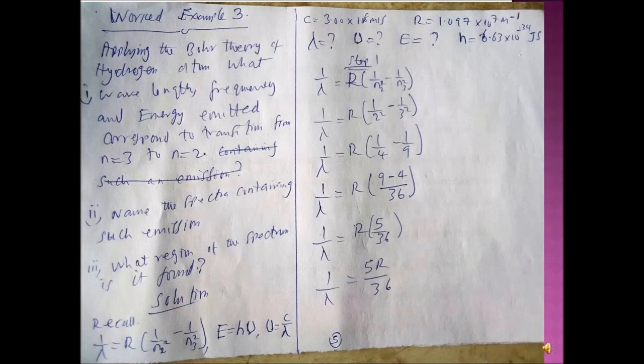9 times 1, 9. Then we have minus, put your minus down. Then 9 into 36, 4. 4 times 1, 4. Now by the time you subtract 4 from 9, we have 5 over 36. So then R times 5, 5R over 36. Then we have 1 over lambda, or 1 over wavelength, equals 5R over 36. When you cross multiply,